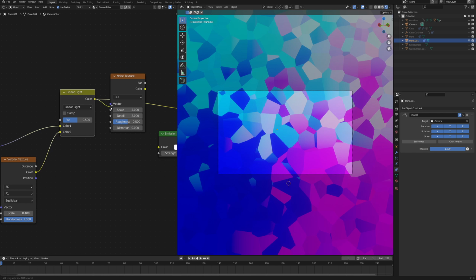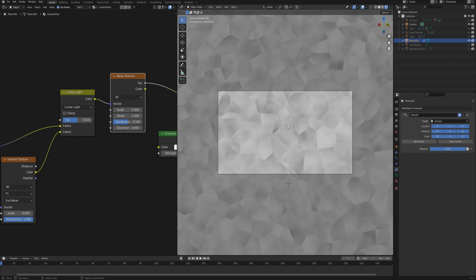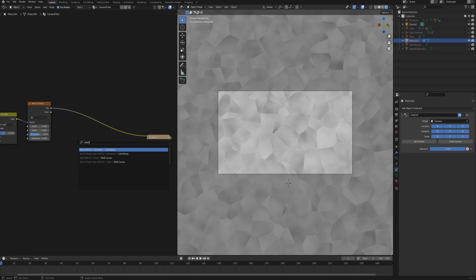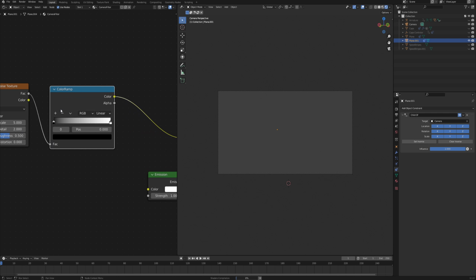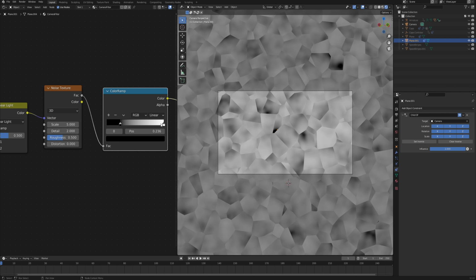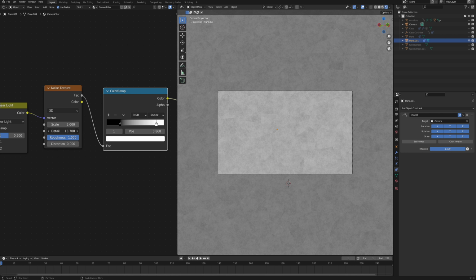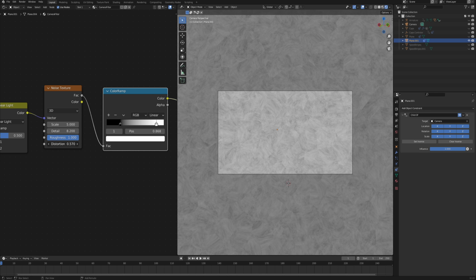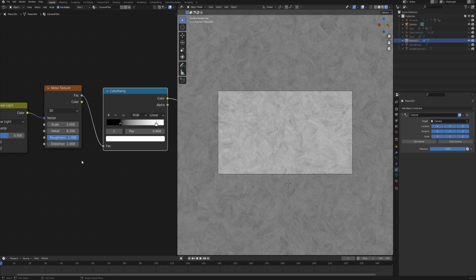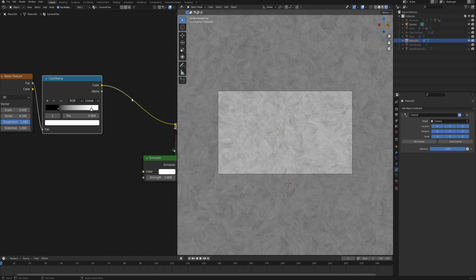And if we plug that to the noise texture, you can see that in result, we have a noise texture that is being offset differently in a different cell of the Voronoi texture. So now we can get already a color ramp and plug it right after here. And here we can play with the contrast of our noise. And let's bring up the roughness all the way up and the details quite high as well, maybe something like 9. We can also add a little bit of distortion to it as well, maybe like 1, which already gives us an interesting filter to look through.